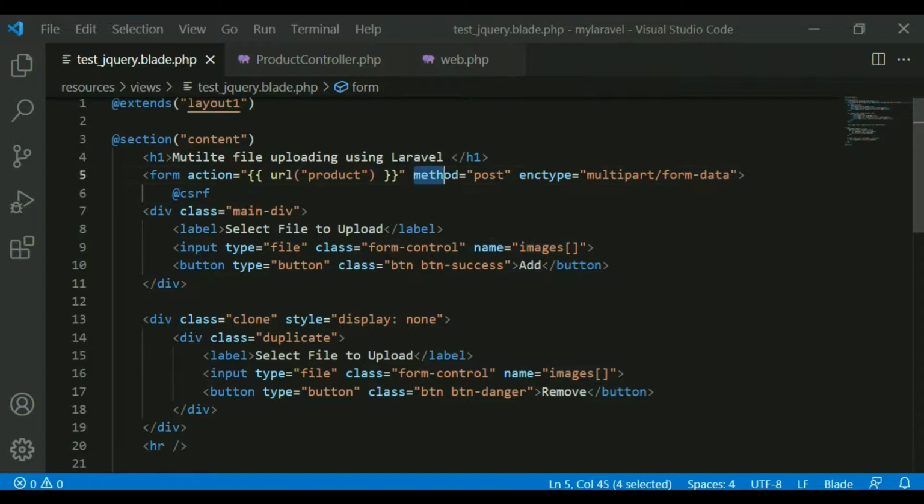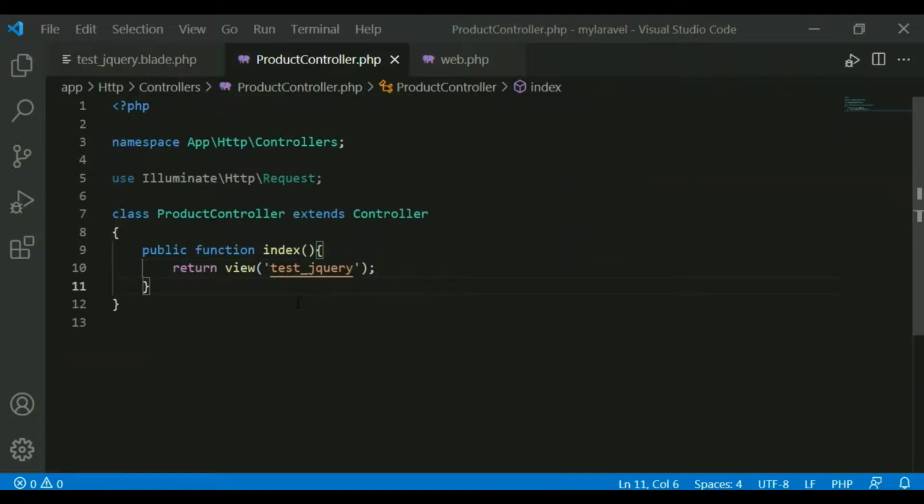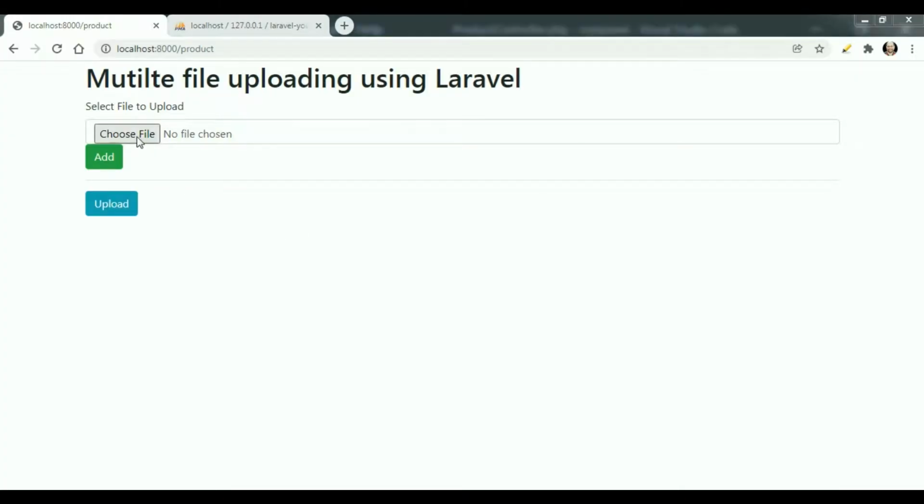Whenever you are uploading a file by using a form, you must specify the method must be post, enctype multipart must be there, and if you are uploading multiple files, the type of the text box must be file, and there should be an open and close bracket indicating this is an array, and we are going to upload multiple files. So I'm calling this controller and submitting. Let's try it. Choose a file. This is the file I'm uploading, and upload.